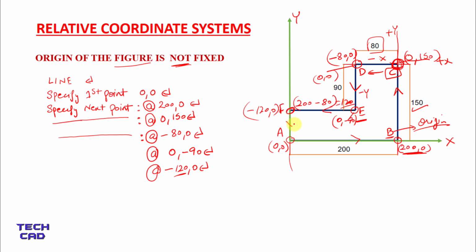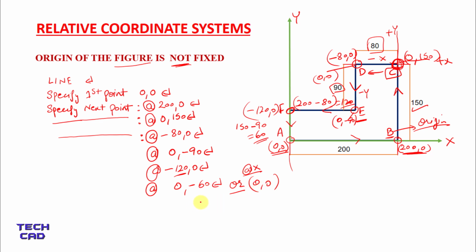Now you are coming back to the origin 0, 0. There are two ways to write this point. You can use the @, so F becomes the origin for A. There is no movement in the X direction, only in the negative Y direction, and that is minus 60, because the complete BC line is 150 and this is 90, so it becomes 60. In other words, you can also write 0 comma 0, because this is the origin and you are coming back to your origin. There is no need to mention @, only 0 comma 0 over here.